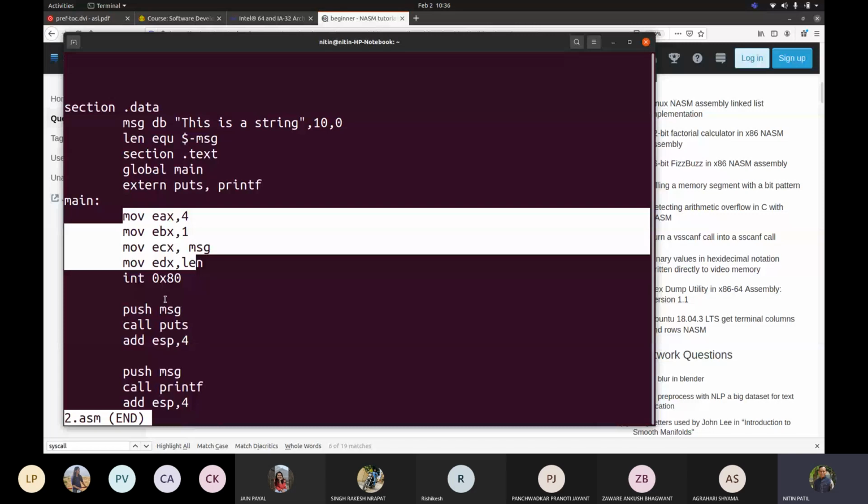Usage of the stack is only for storing temporary values. The call function is automatically taking care, with the help of this register, of all the parameters which are passed to the function, whether it is a function call or a system call. Because ultimately, the system call may be the best mechanism to interact with hardware directly.